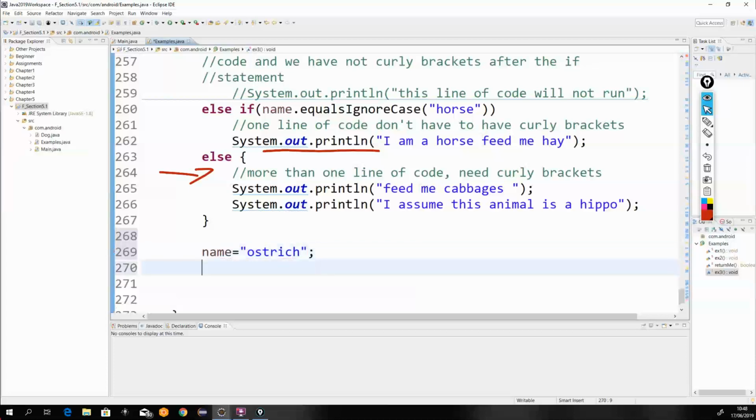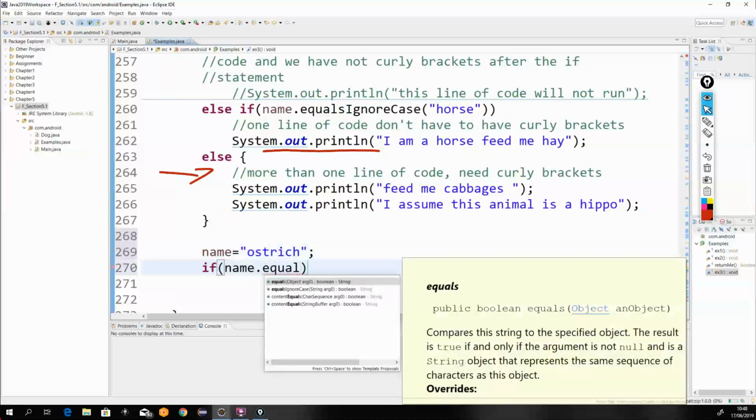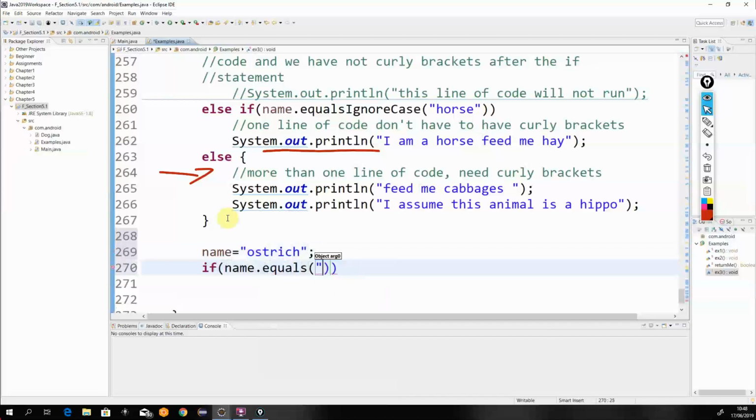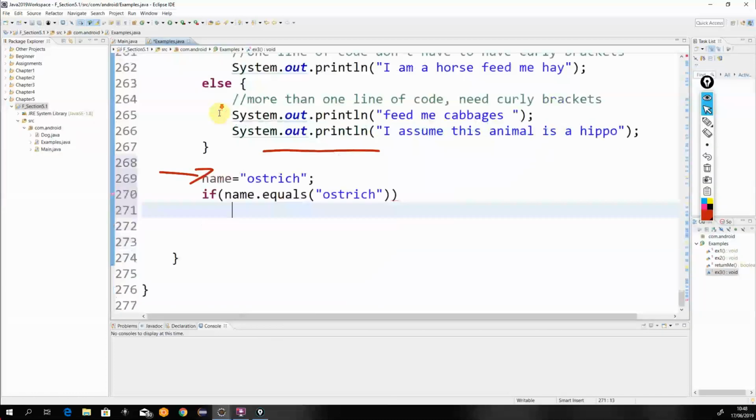Now, if I do something like this, if name equals the word ostrich, I'm not going to put in curly brackets, that means we can only put in one line of code. All right? Now, if I do this,